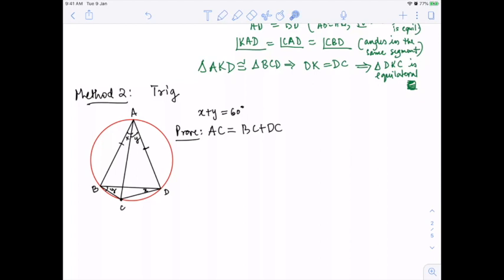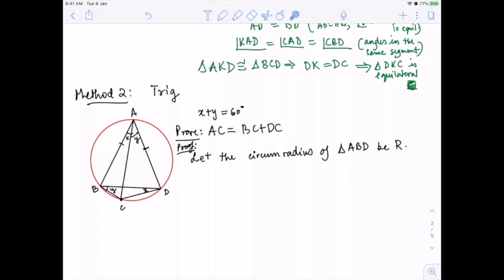Look at this triangle, look at the triangle ACB. Let's say the circumradius of the triangle, the radius of the circle, is r. Okay, so let's write the proof down. Let the circumradius of triangle ABD be r. Notice the circumradius of triangle ABD, ABC, ACD, BCD are all the same. After all, there's only one circle.